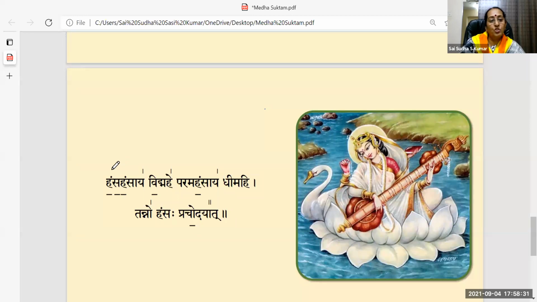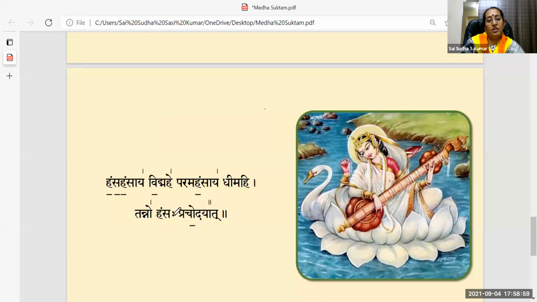The Anuswara sound before the Sa gets the corresponding sound. So Hamsa Hamsaya, not Hansa Hansaya. It is Hamsa Hamsaya Vidmahe Parama Hamsaya Dhimahi Tanno Hamsa